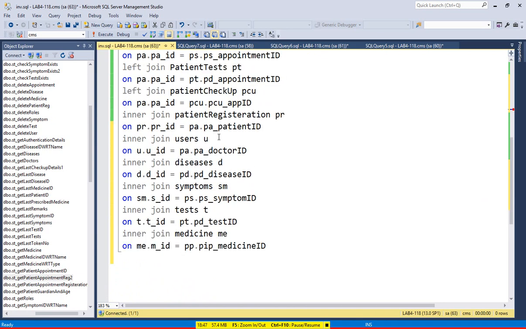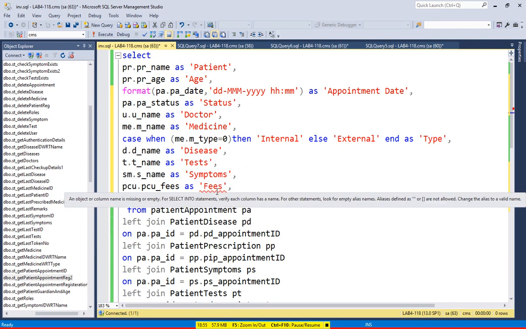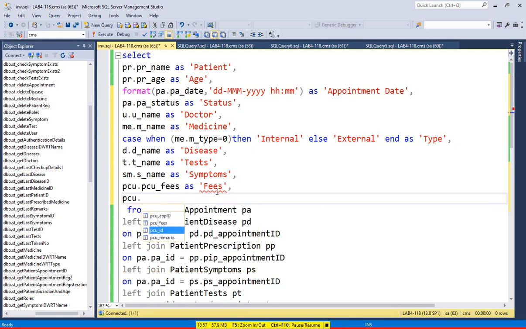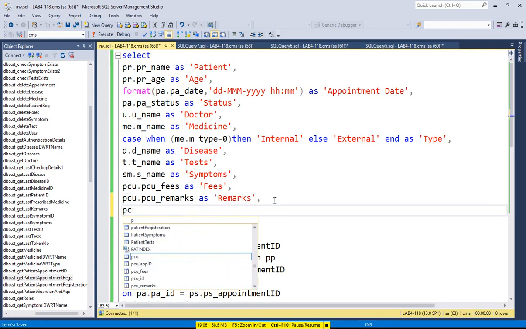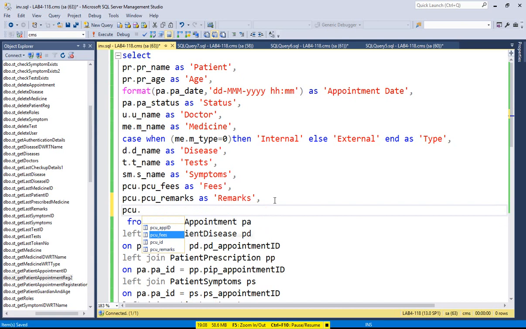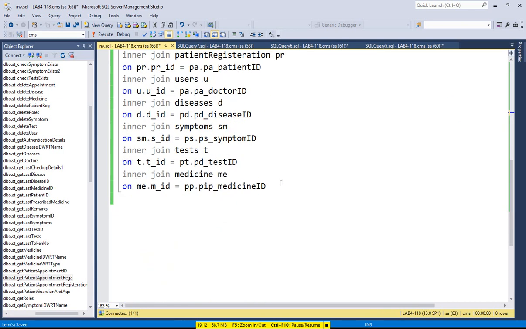Where is that? Let me show you. Okay, patient checkup, so that's the good thing. So checkup, that means this is the fees, and then pcu dot remarks as remarks. So that's a huge query, and then after remarks, then you have pcu dot no, you don't need appointment id, remarks, and one more join you have to add here is